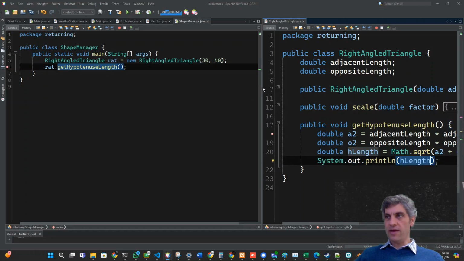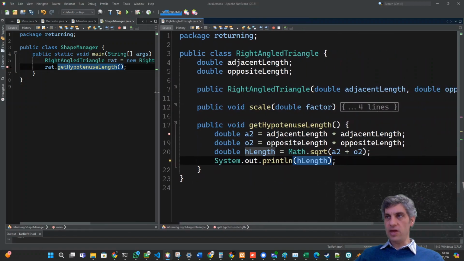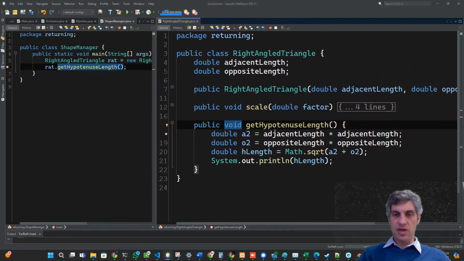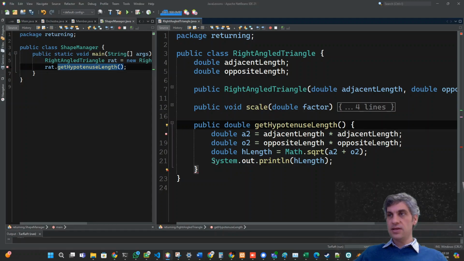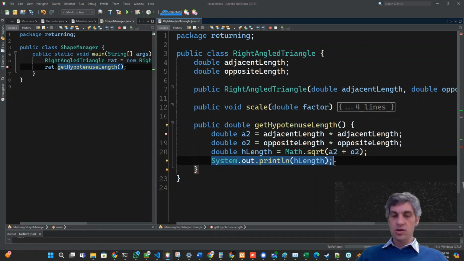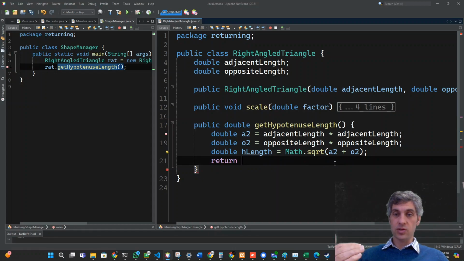Well, to do that, we have to first change our method from a void method to a typed method. In this case, we're going to be returning the hypotenuse's length, which will be a double. And here, instead of printing out the value, we're going to return the value to the caller. So a return statement always returns something, in this case a double, to the caller. So here I'm going to do h length,